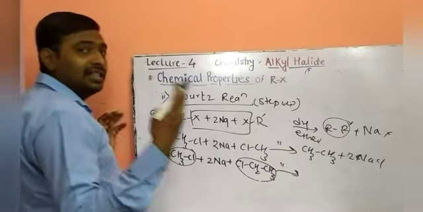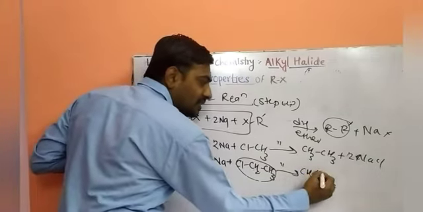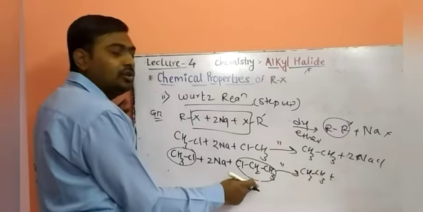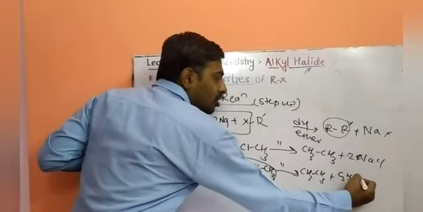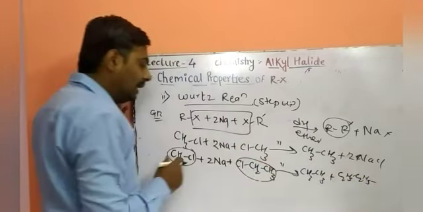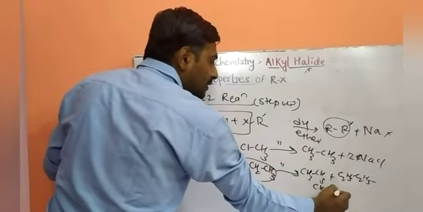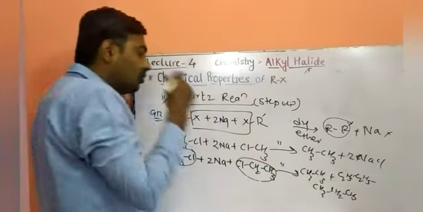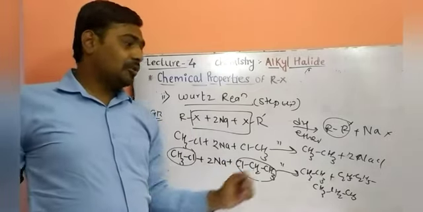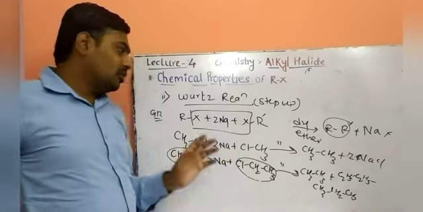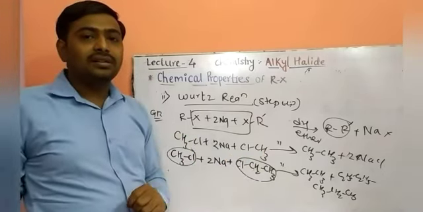So what are we getting? We are getting 3 different products. CH3 will combine with CH3, so the first product is CH3CH3. Second, C2H5 combines with itself, that is C2H5 C2H5. And third one, the cross combination product, that is CH3CH2CH3. So when we take two different alkyl halides in the Wurtz reaction, we get a mixed product and it is difficult to separate from each other. So self combination is majorly preferred in this reaction for the coupling.